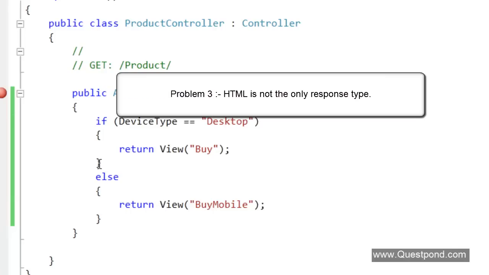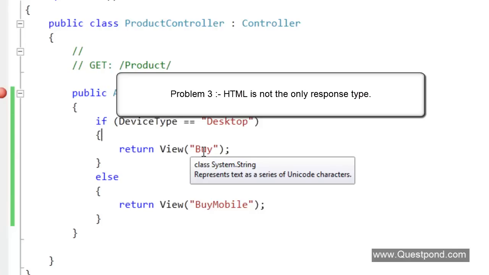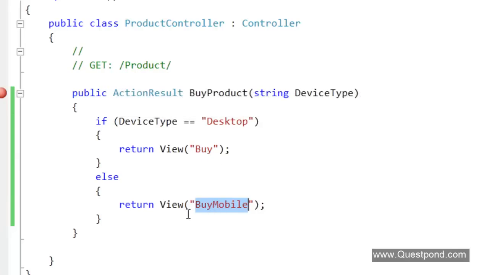Now problem number 3, HTML is not the only response type. A lot of people think that when you talk about a web application, it should always give out HTML. And yes, that's the case 90% of the time. But there are cases where the output needs to be sent in XML format. Or let's say your web application is communicating with languages like JavaScript, then you'd like to send JSON. In other words, you'd like to invoke an action, but that action can have a different kind of response type depending on the situation. For example, here I can say that if the device type is desktop, you send this. If the device type is mobile, you send this, or else,